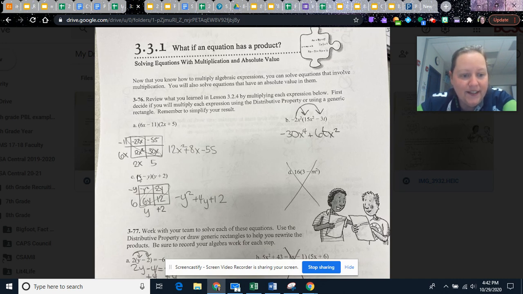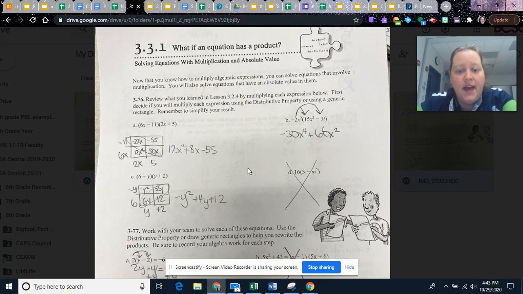So we have 6x minus 11, and 2x and 5. Remember, we're going to multiply. So 6x times 2x is 12x squared. 2x times negative 11 is negative 22x. Negative 11 times 5 is negative 55. 6x times 5 is 30x. These two are like terms. So when you write it out, you'll do 12x squared plus 30x minus 22x, which is a positive 8x, minus